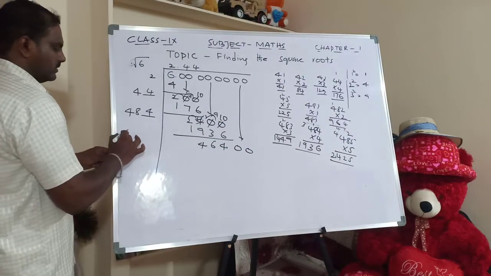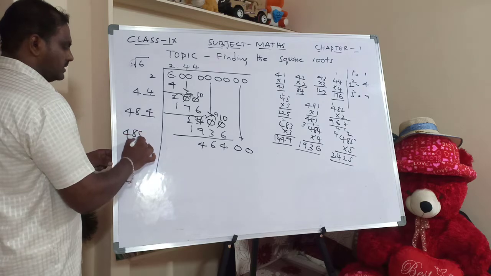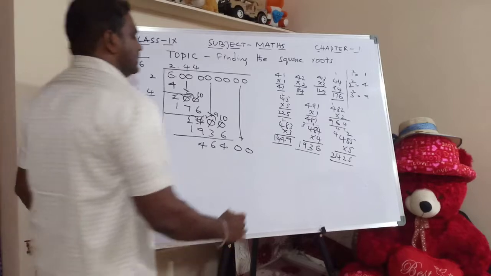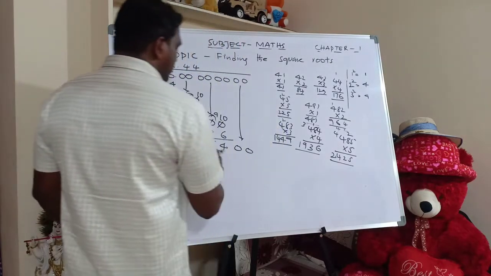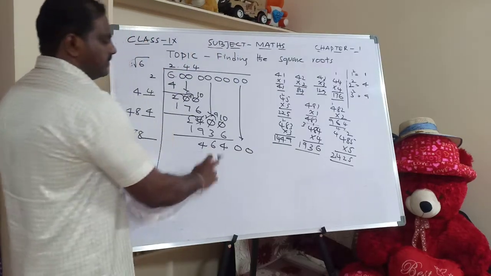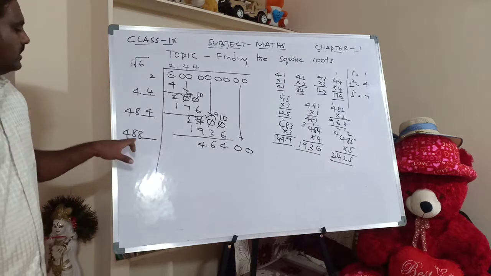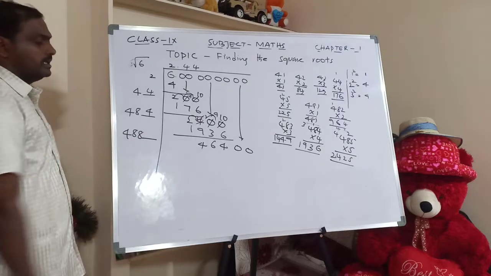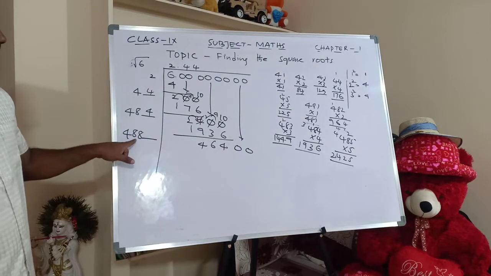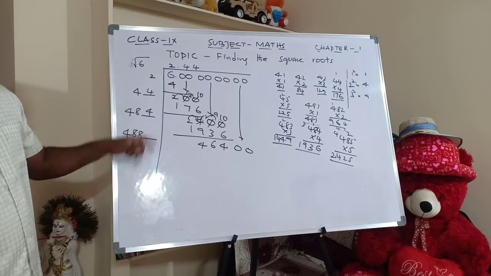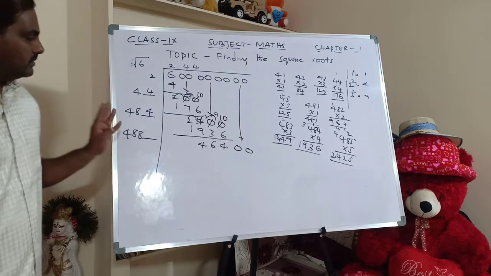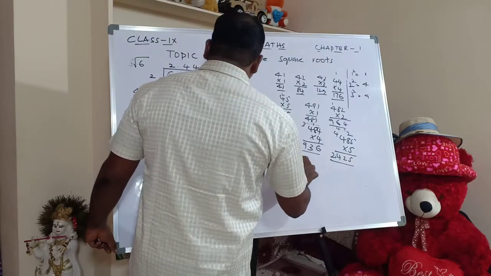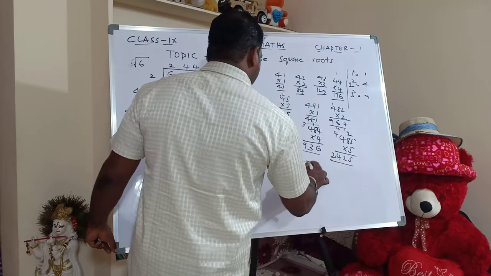What is the next step? It is 4, 8, 8, dash. Now continue it. So how much will you get? Look at this, it is nearer to 4,000. Suppose I keep one more number, it will be 4,880. Here I will check the last three options: 4, 8, 8, 7.